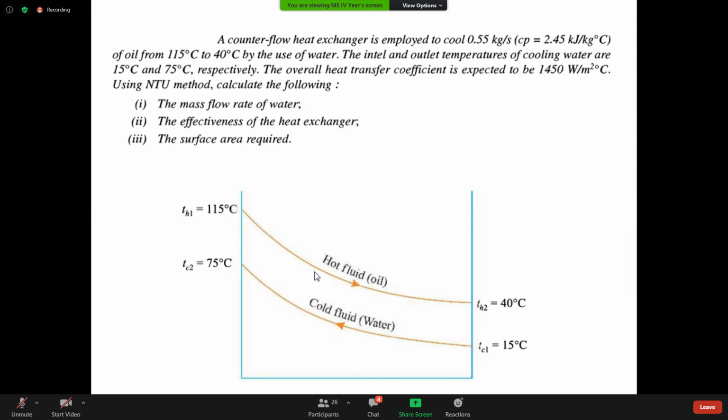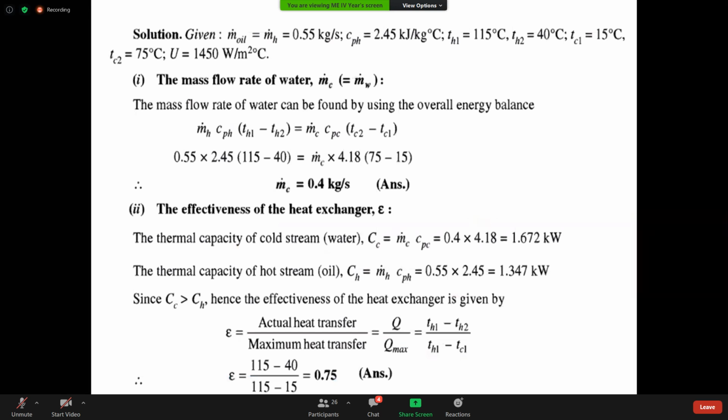See, the temperatures are given. Which flow it is? Counter flow. Counter flow. See that this will change. Counter flow and choose one. Counter flow or parallel flow. Now, coming to the solution. This equation is quite common,